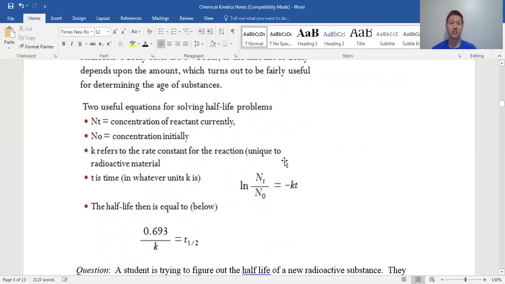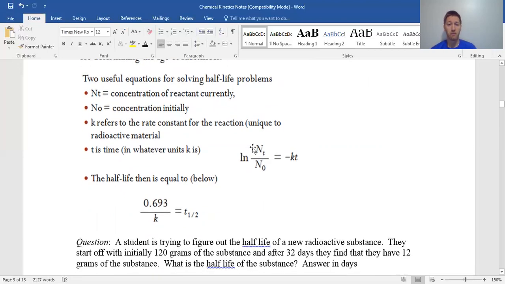You might have solved this other ways in your math class. In this class, I'm going to teach it using these two equations here. So first off, this equation on the bottom. This is just a magic number, the 0.693. If you take 0.693 divided by k, this is not the same as the equilibrium constant. This k constant is just for the chemical kinetics, the rate of the reaction. Divided by the rate of the reaction constant, you get the half-life. Again, this is just a magic number. So also, if you take 0.693 divided by the half-life, you can get the k constant just doing a little algebra.